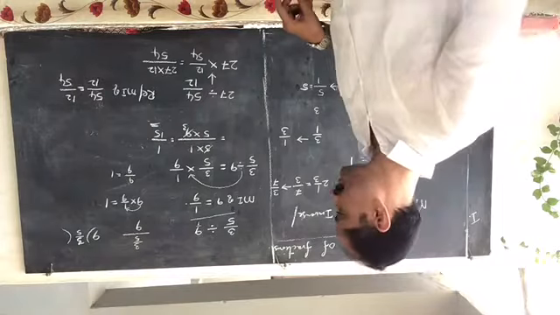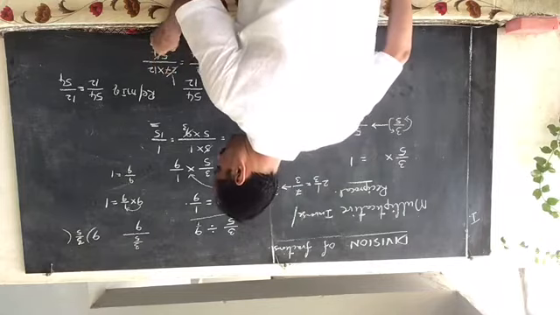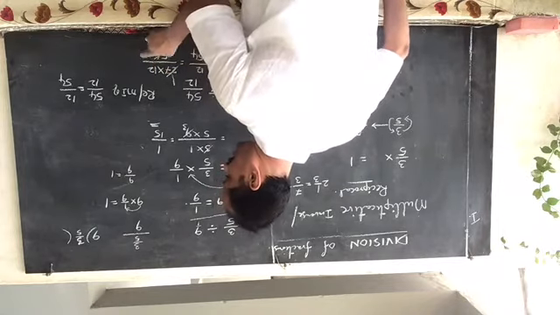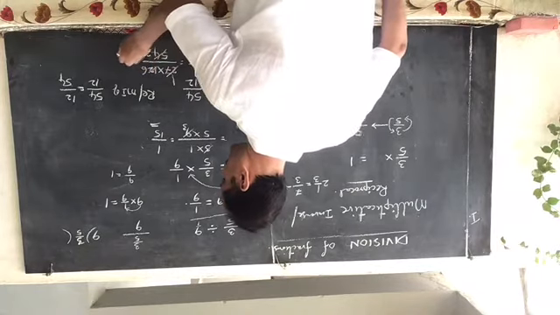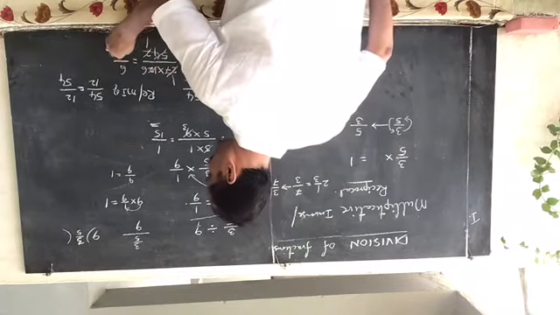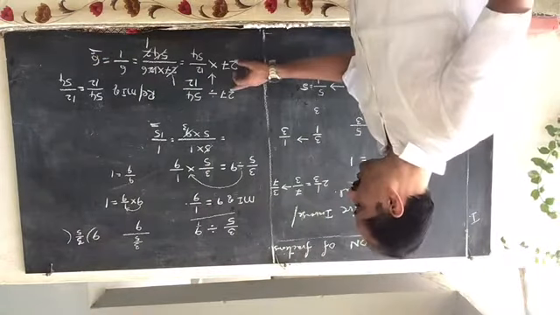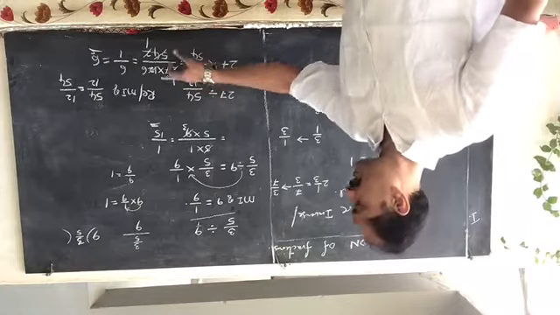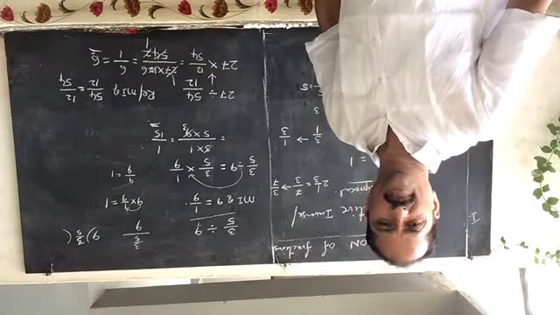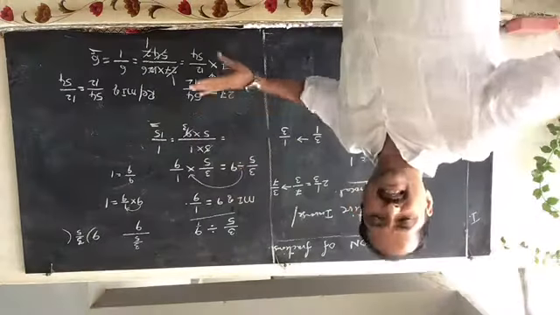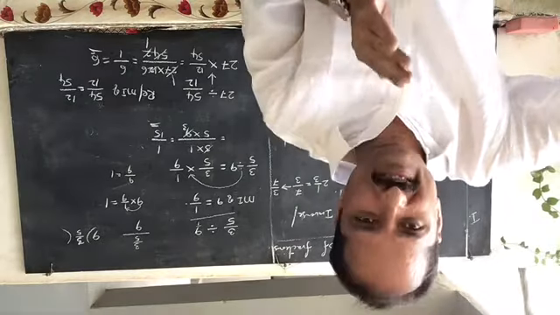You can check. Yes, 27 twos are 54. So take out: 27 ones are 27, 27 twos are 54. So here 2 and 12. Yes, there is a common factor: 2 ones are 2, 2 sixes are 12. So 1 into 6, 6 by 1. 6 by 1 is nothing but 6, which is the quotient. Now in division of a whole number by a fraction, here you got a whole number.